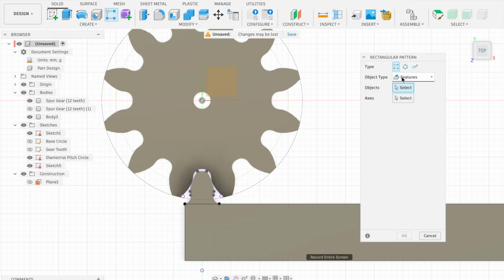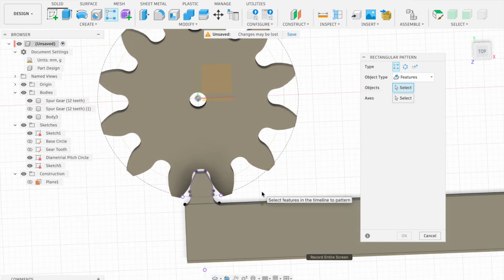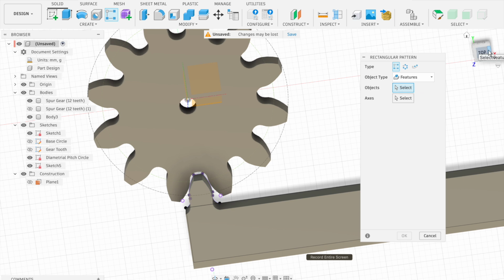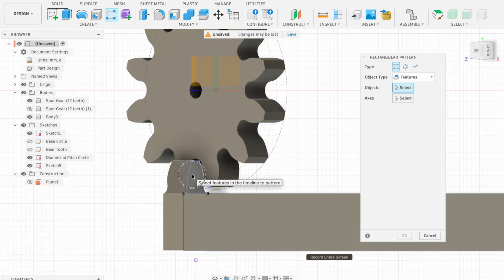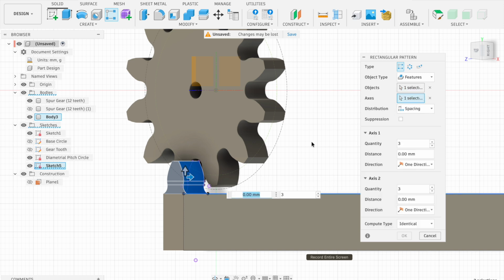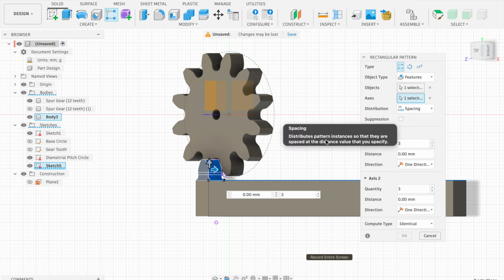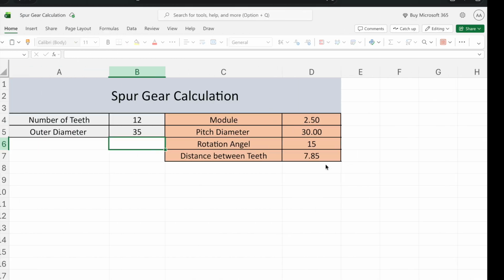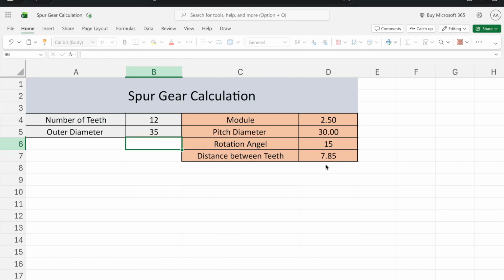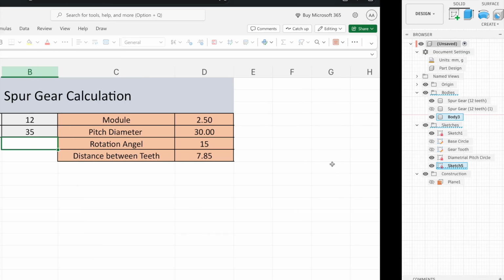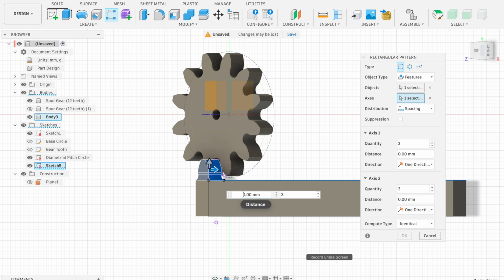I'm going to choose feature, choose the object, and I'm going to choose this, and the axis is going to be this line, and the distribution is going to be spacing. To know the spaces between each tooth, we go back to the main Excel file that we created. As you can see, it gives us the distance between these is 7.85,